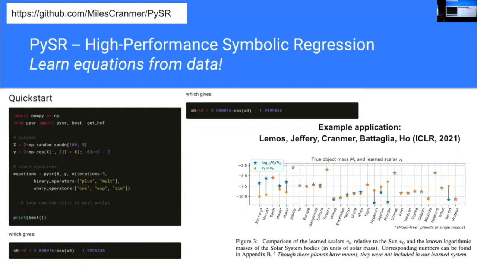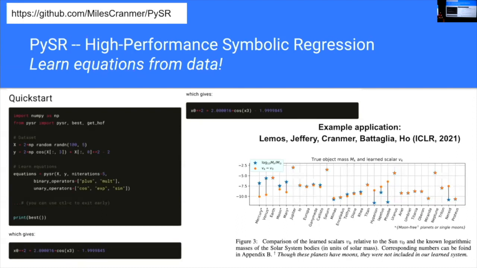So there's an internal denoising. You can put denoise equals true as an argument, and it'll clean the data with the Gaussian process and return the average function of the Gaussian process, and that's much better to fit to than noisy data. And you can also resample it. If your data is kind of skewed, maybe you only have a lot of low mass objects and you want to fit at higher masses too, you can use the Gaussian process feature to resample it on an even grid, and then you can get better equations that way.